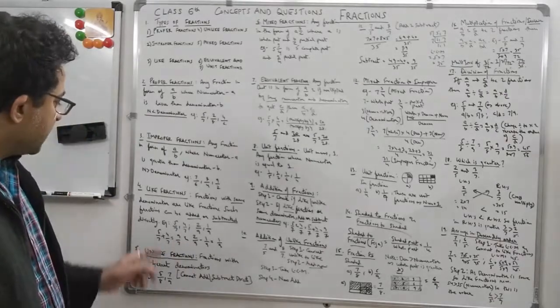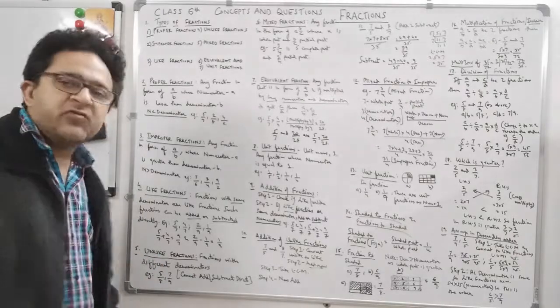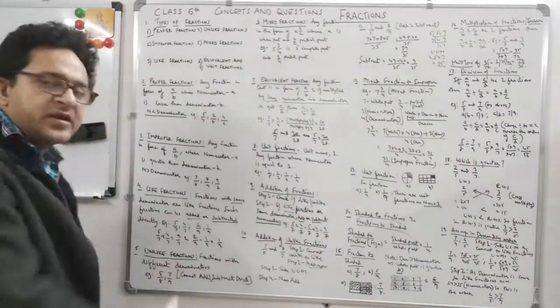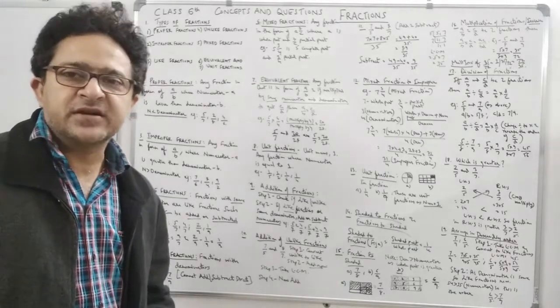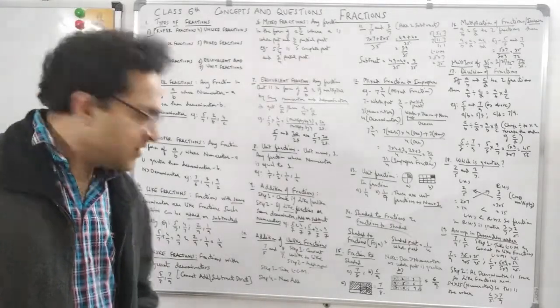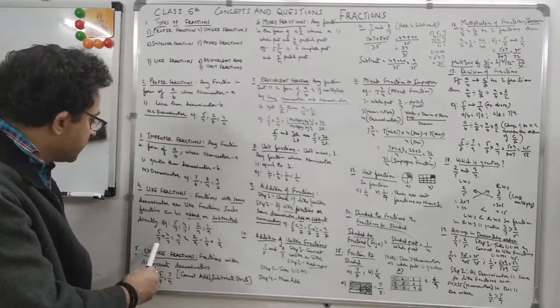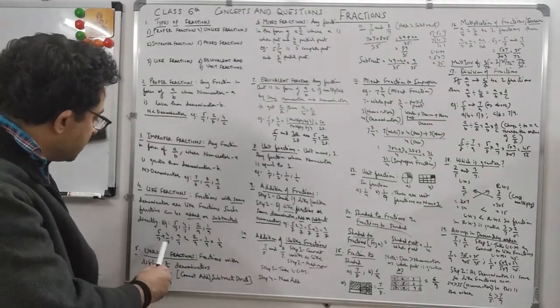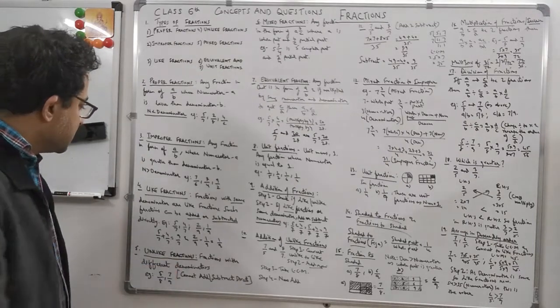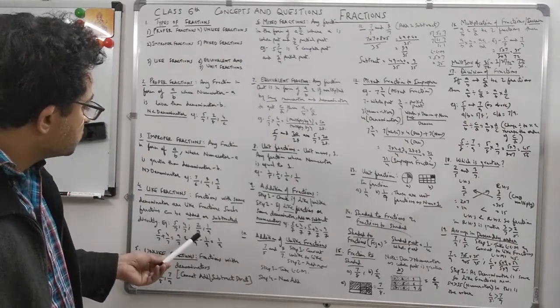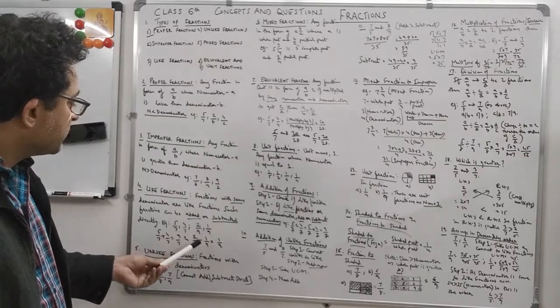Suppose now I take this example, add 5 by 7 and 4 by 7. Now we see the denominator is the same, so these are like fractions. Like fractions can be directly added or subtracted. So in case we have to add, we will just do 5 by 7 plus 4 by 7, which is 5 plus 4, 9 by 7. And in case, suppose this question was to subtract 2 by 9 and 1 by 9. Now you have to subtract.